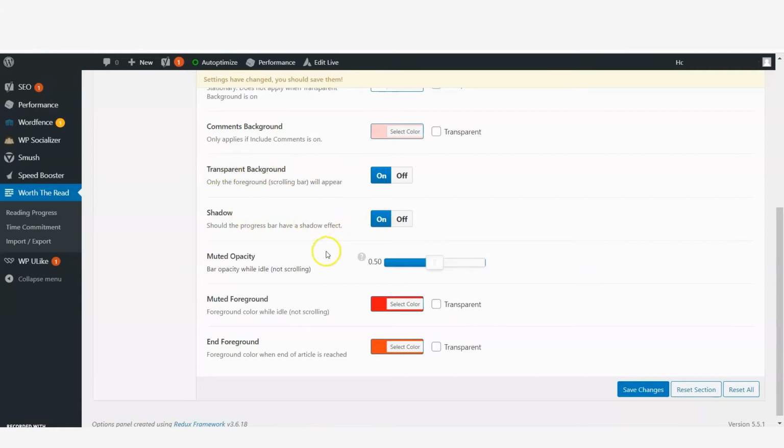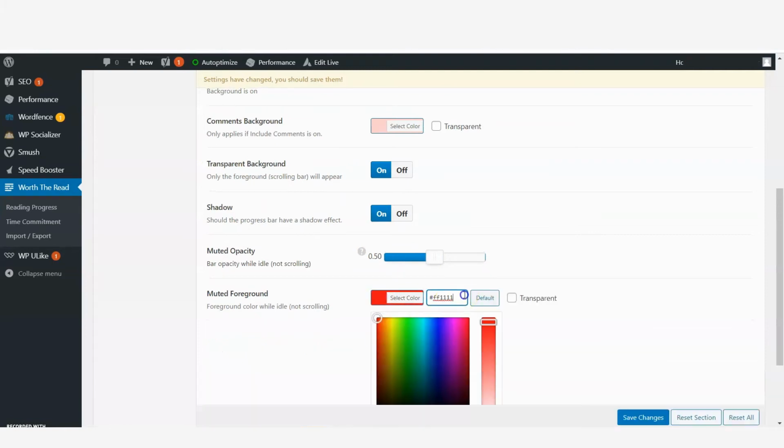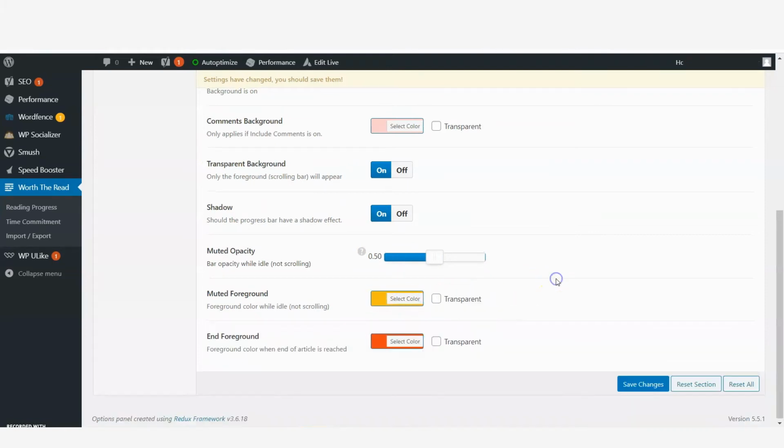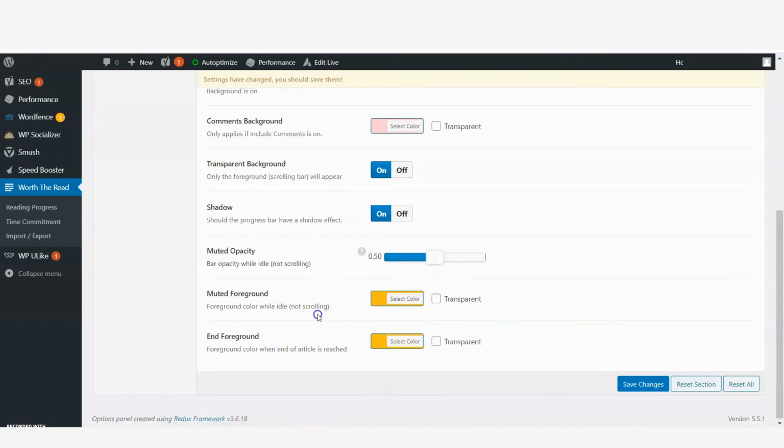For muted background, I will again use my base color, that is yellow. And for end foreground color, I will also use yellow color, but a little bit of a darker tone.